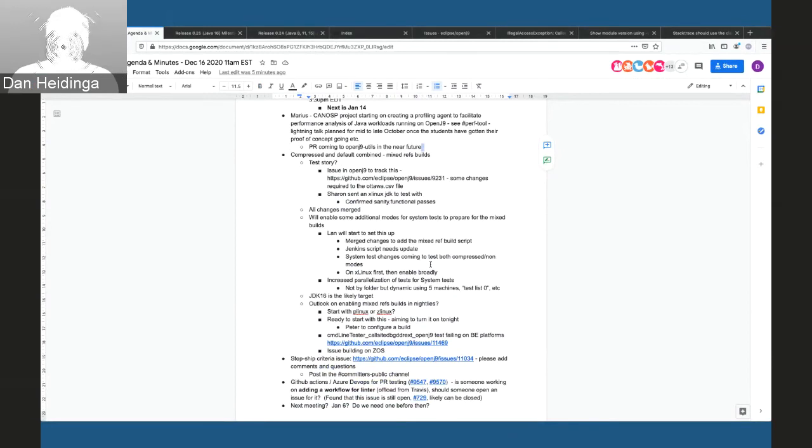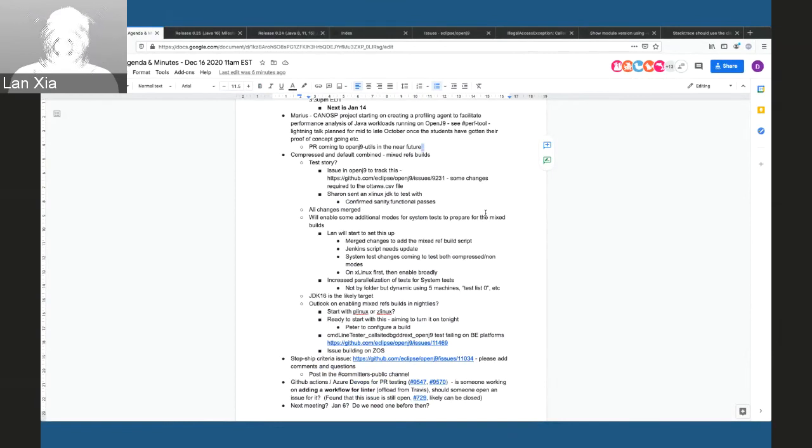Yeah, as for the test story, thanks to Pete, he enabled mixed ref nightlies. There were some system tests having too long a path, which on Windows exceeds the maximum length, and that's already been fixed.